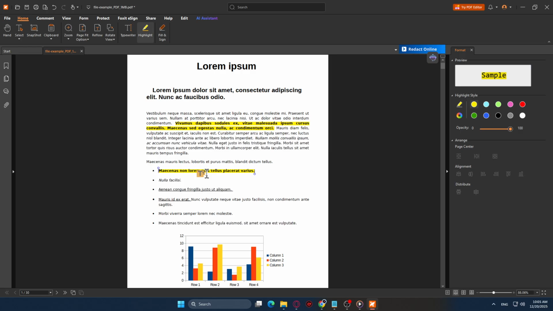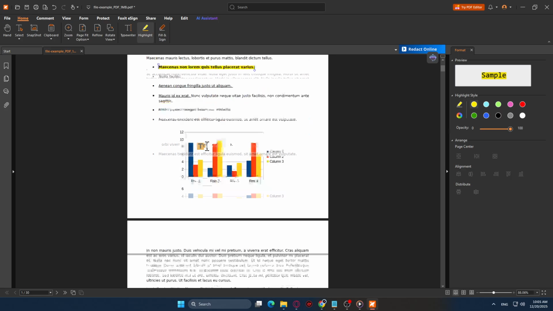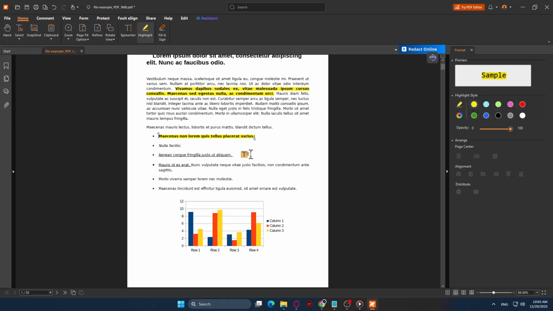delete it. A quick tip, after you create a highlight, you can adjust how it looks. Select the highlighted area to see options where you can change the color or tweak the opacity so your text